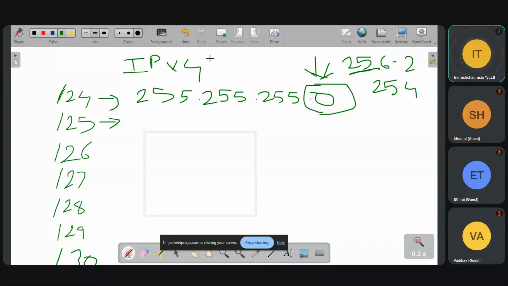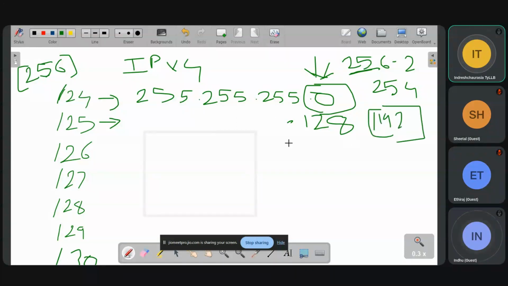When you do half of 256, what is half of this one? 128. Yes, 128. So here it comes as 128, not 192. That was a mistake I was making. So this is the 128.